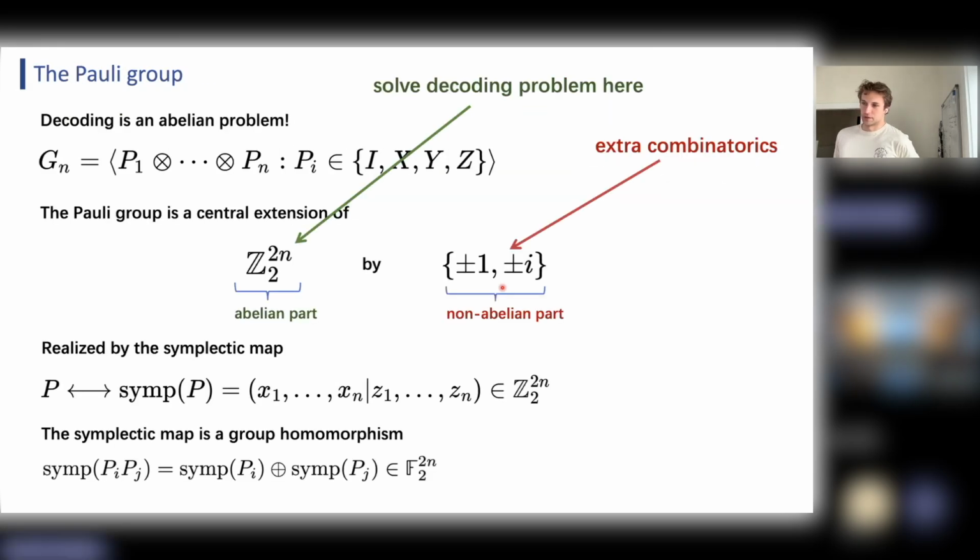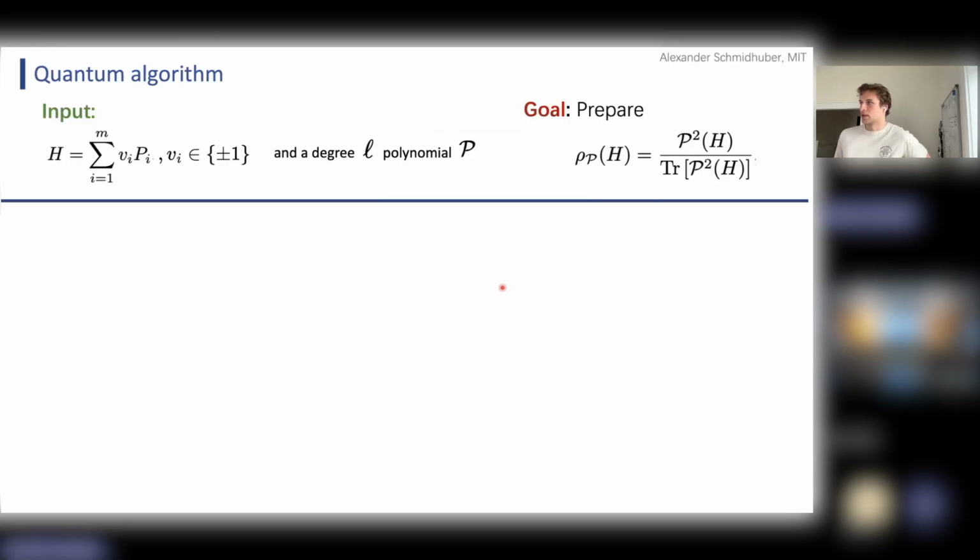Okay, so let me just go step by step through the algorithm now. Our input is some signed Pauli Hamiltonian with polynomially many Pauli strings. And we're given some degree L polynomial, and we want to prepare this density matrix. Now, of course, we're running a quantum algorithm, so the evolution should be unitary. So what we're actually going to prepare is some